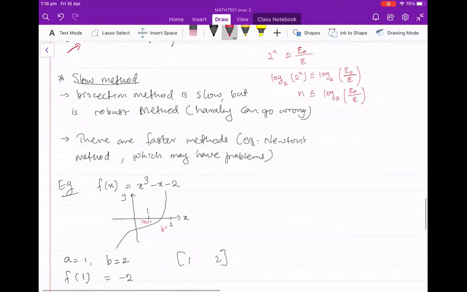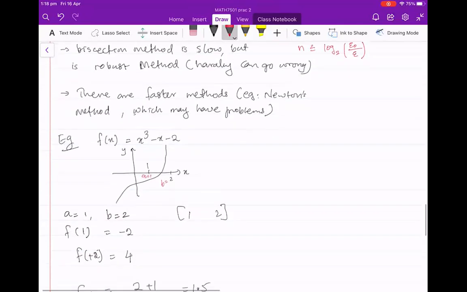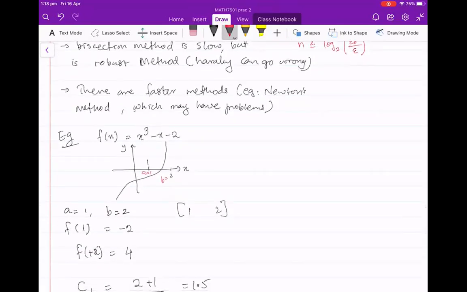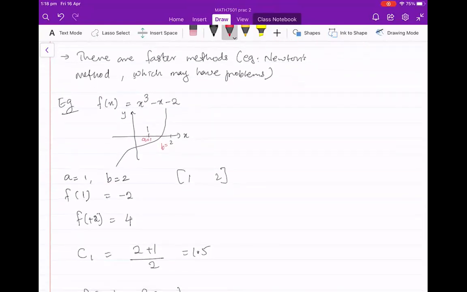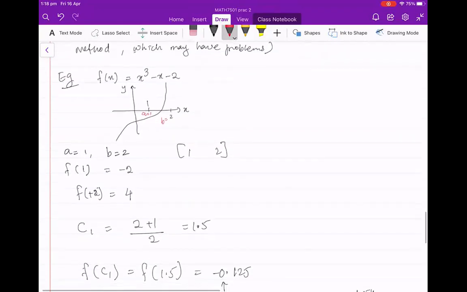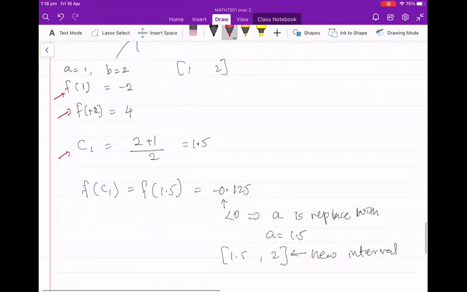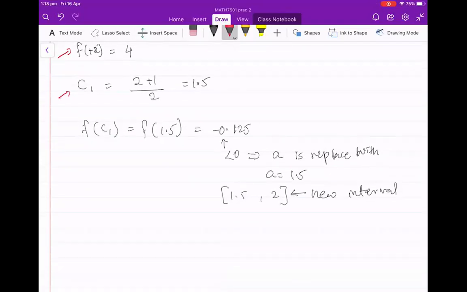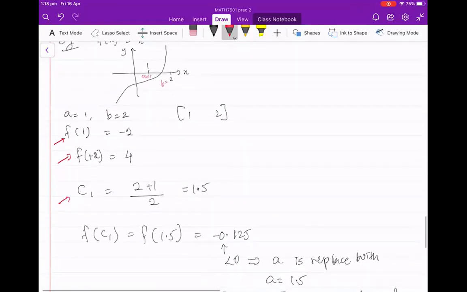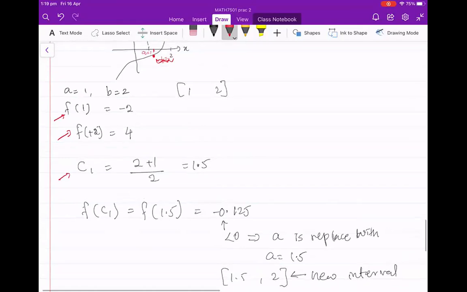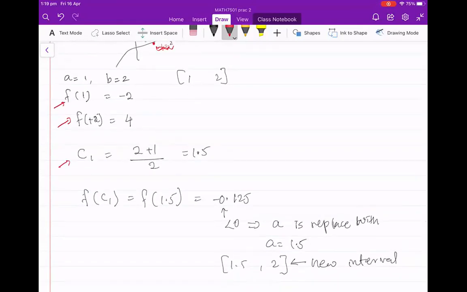Just to give a hand-calculated example for the first iteration, let's look at this curve: f(x) equals x cubed minus x minus 2. There is a solution between 1 and 2. Let's say A is 1, B is 2. You first check whether they have different signs, and then compute C1, which is half of the original interval, and then compute f of C1, which is negative in this case. So C1 is somewhere here, which is negative. Then you move on to this interval, 1.5 to 2, and then repeatedly do those steps until